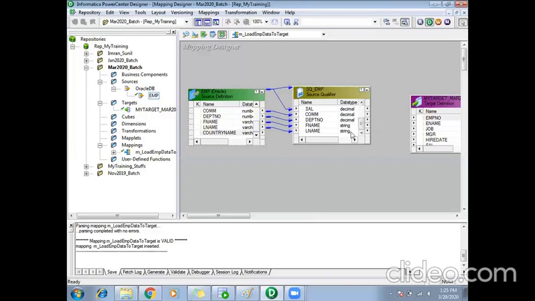So here, as I told, you can remove your unwanted columns. If at a later stage they alter the requirement and say your country name should also be populated, you can still do it. Though you have deleted it, you can take it from the source definition and drag and drop.